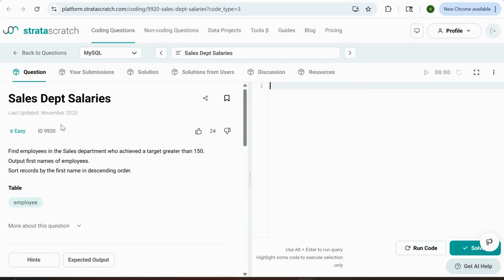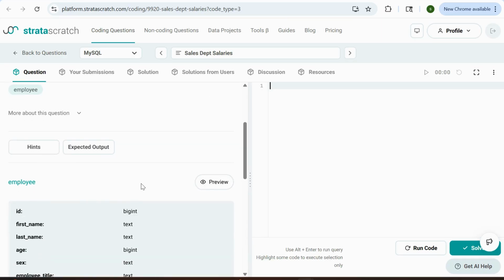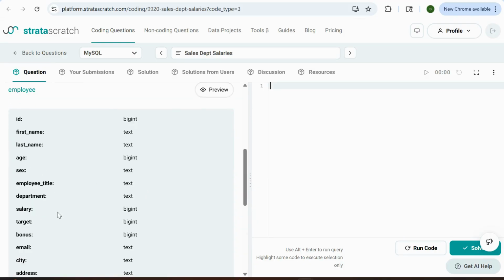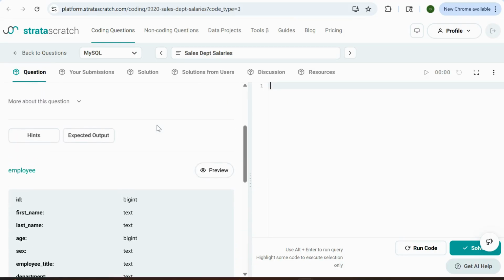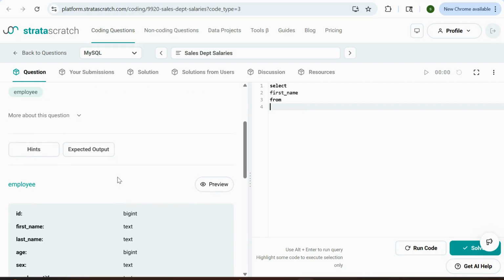The question is sales department salary. Find the employees in the sales department who achieved a target greater than 150. Output first name of the employee. Sort the records by the first name in descending order. It's pretty easy. We just need to get the first name based on the target value, and the department has to be sales. So select first name from employee